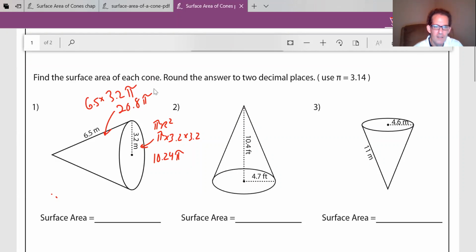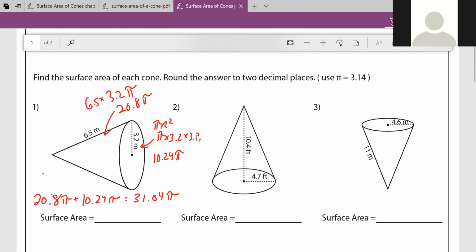20.8 pi. Last thing you're going to do is just add those. So I have 20.8 pi plus 10.24 pi. 10.24 plus 10.24 is going to equal 31.04 pi. The last thing you do is just multiply that by 3.14, and that's going to equal